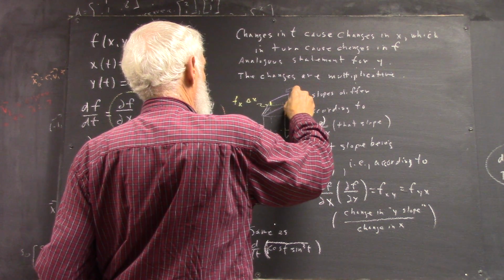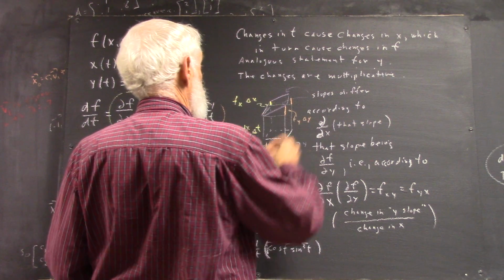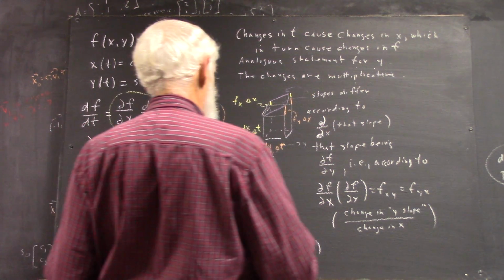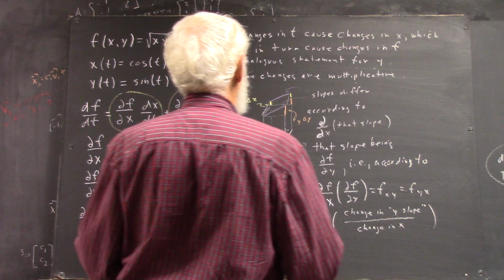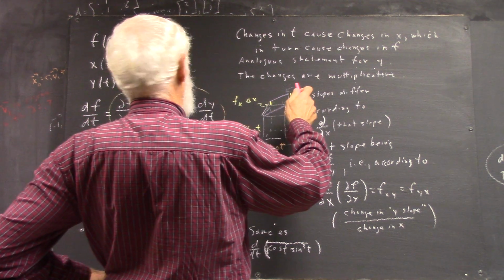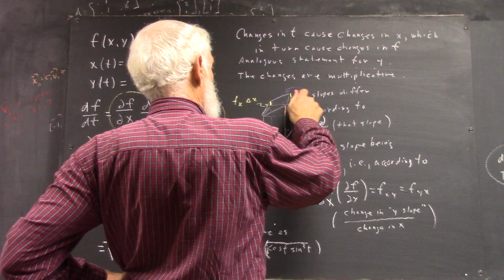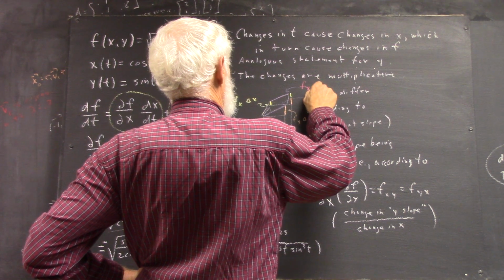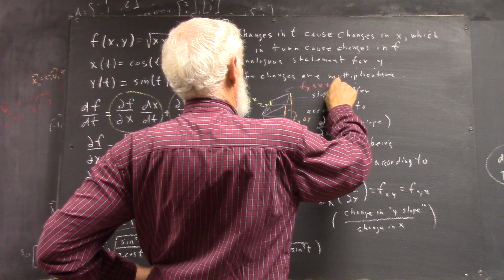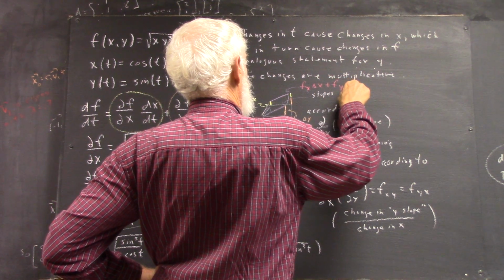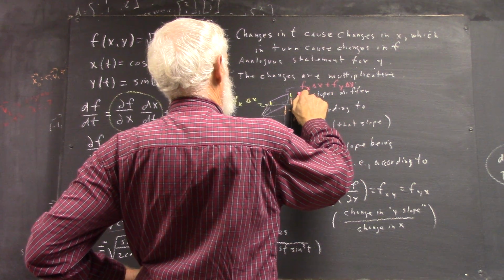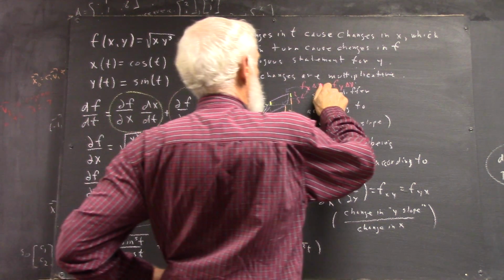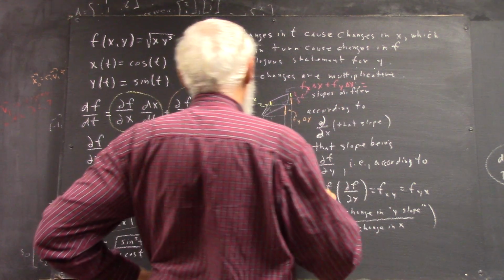You end up with this plus this. Okay? And here we can then say that this change is approximately fx delta x plus fy delta y,